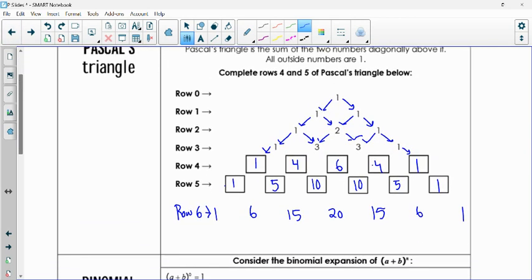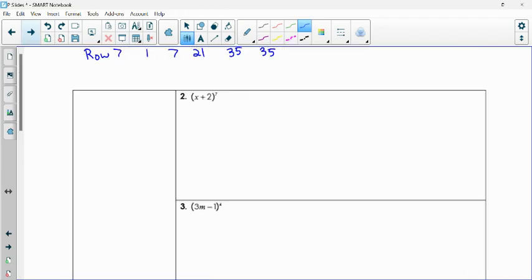And then we have 15 plus 6 is 21. 6 plus 1 is 7. And then the 1, yep. And then using the expansion, now that we have that expansion, if we said